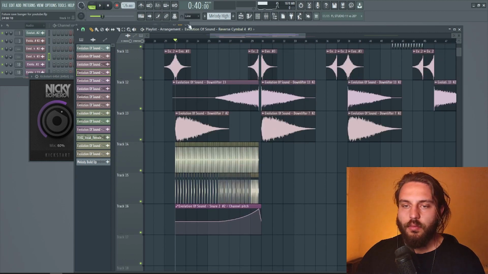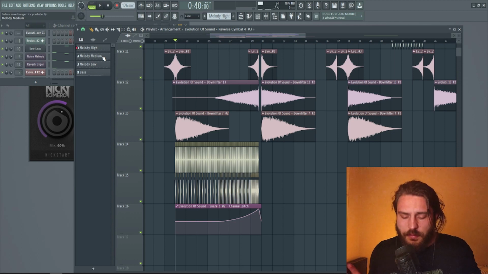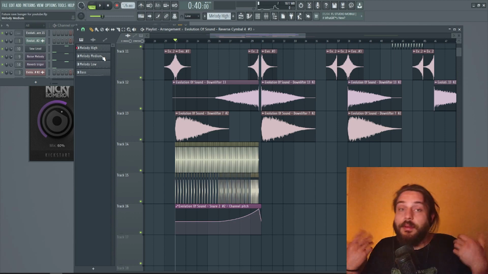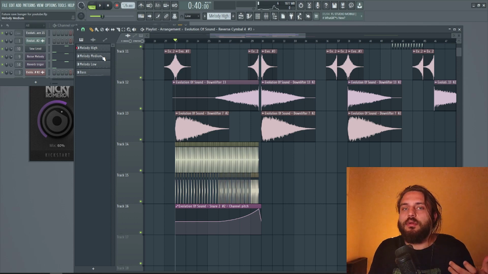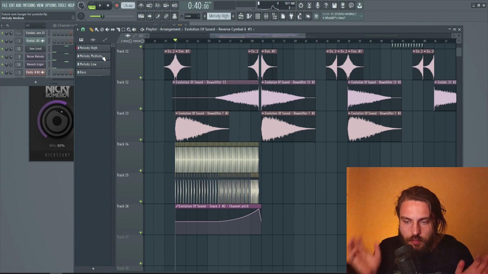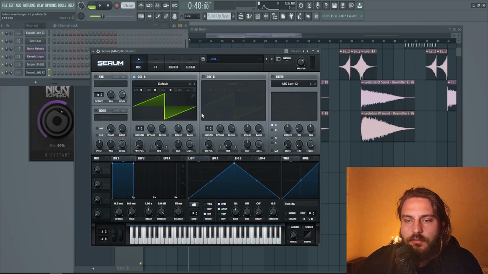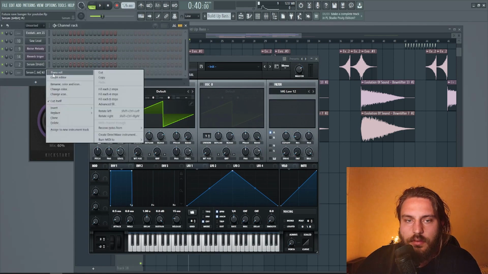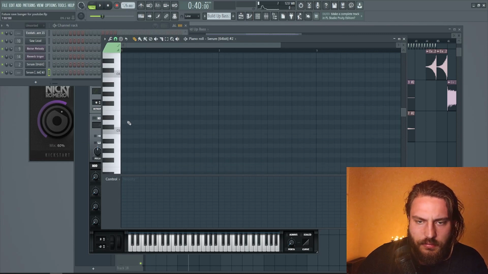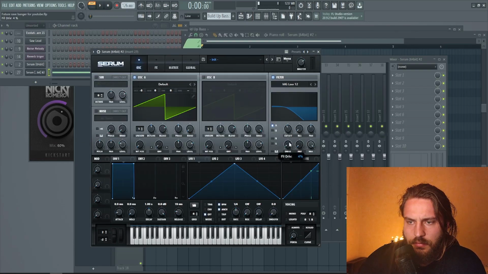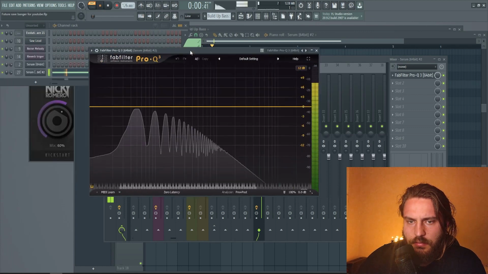We are going somewhere. What we need now is, of course, something to make it bigger, to make it more powerful. So the build-up, in order to be more powerful, has to have a sub underneath, so it pushes it up. So we're gonna make a pattern that says build-up bass. Take Serum, we're gonna turn the phase, and we're gonna go to our root note, which is G. Just put a filter, some drive, and right here,